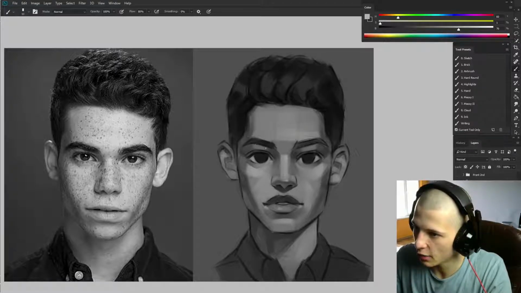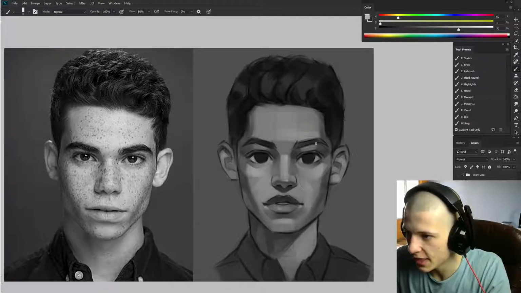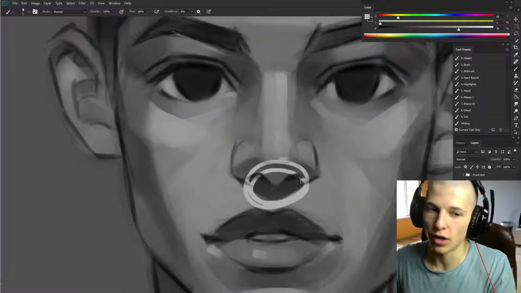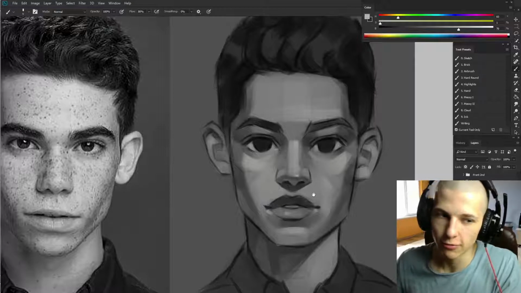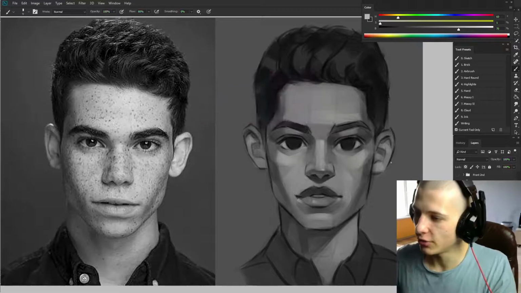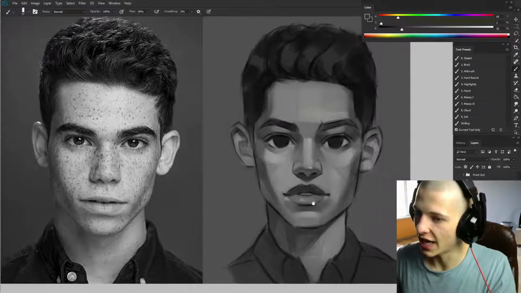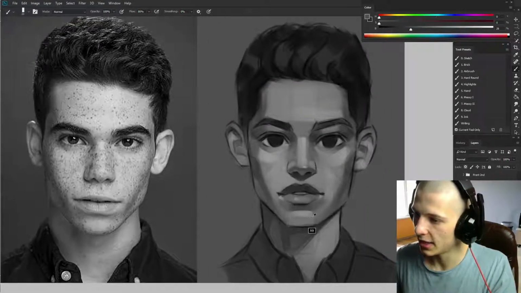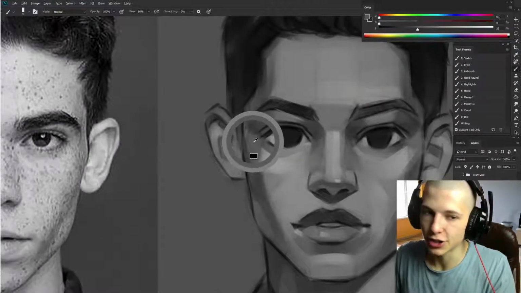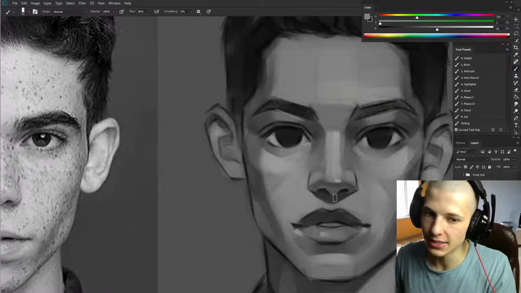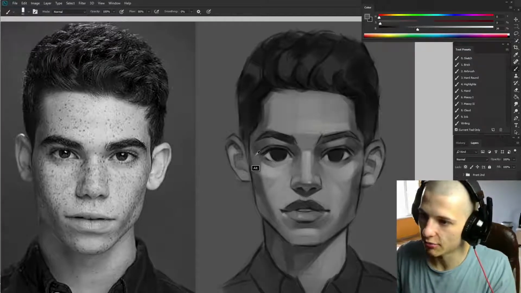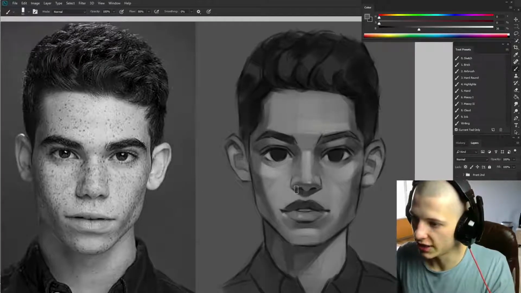Now you can see how, when we introduce the lights, some of the shadows look unfinished. For example, this shadow below the nose looks way too rough, as opposed to the reference. So we make a new layer and go back to refine the shadows a little bit. I'm going to pick somewhere with the color picker where it's a lighter shadow, but I'm still not picking from the lights, because if you do that, it's going to be way too light. So I pick somewhere where it's reflected light or something, and I just glaze over this